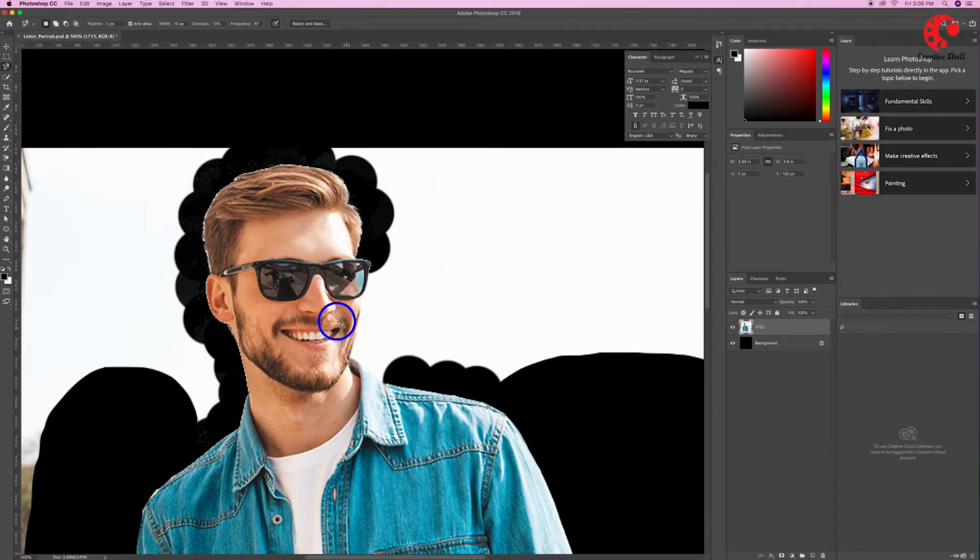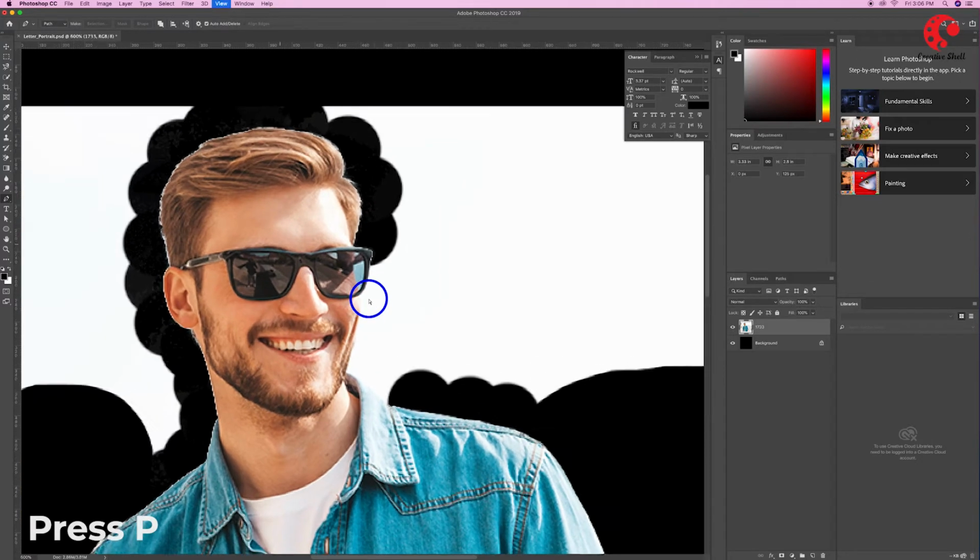Now the face part is left, but if you use this tool or the eraser tool for this portion, then we will not get a proper face cut. So for removing the background around the face, we will use the pen tool. Press P or choose the pen tool from the toolbar.